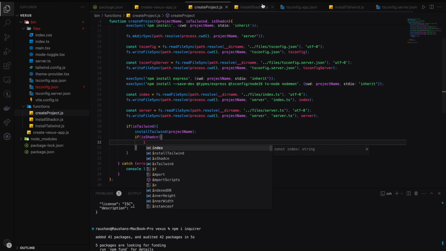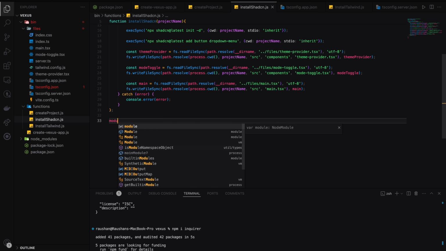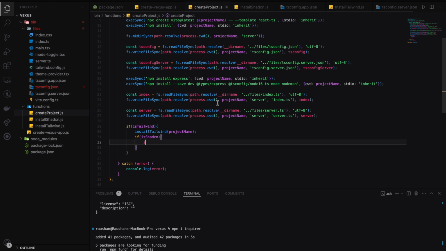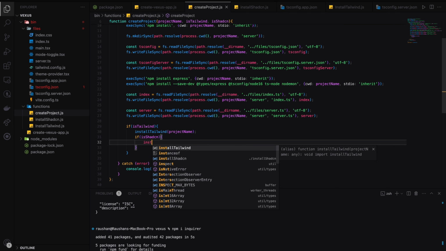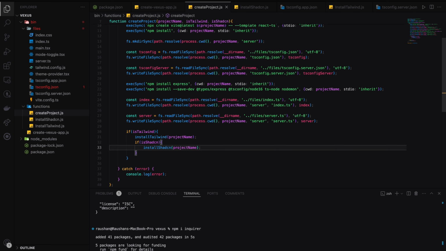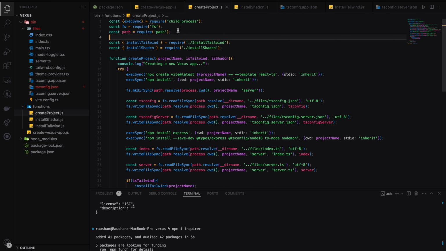Okay, for the shadcn, let's export it. So module.exports the install shadcn, and here install shadcn with the project name. Okay, yeah. So yes,